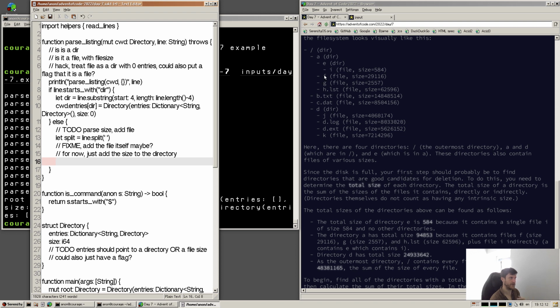So like this E has a size of 584, but then when we get that, we need to like add that to whatever A is. Yeah, so we'll do that at some point. And yeah, A has FG. Yeah, so it also includes that. Yeah, that makes sense. So for now, we can do cwd.size plus equals split 0.2 int, and we're just going to assume it is that. So now we should get,